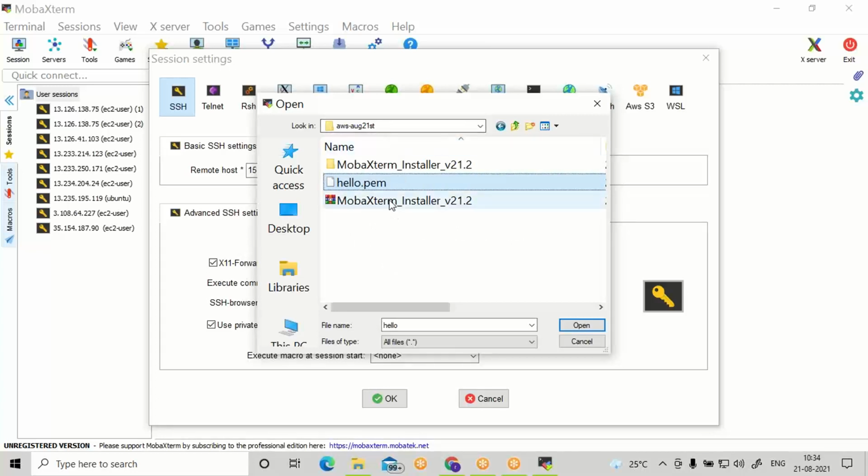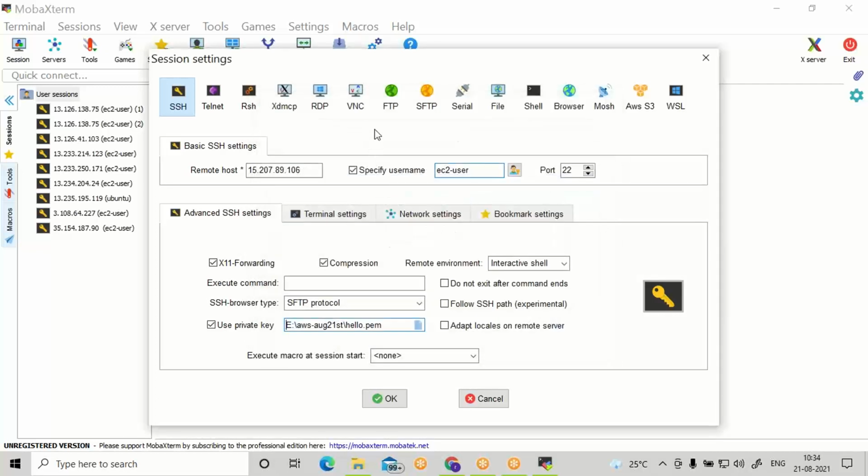Without that file, the client cannot interact with our EC2 instance. This file should be specified to connect to the server. Click OK.